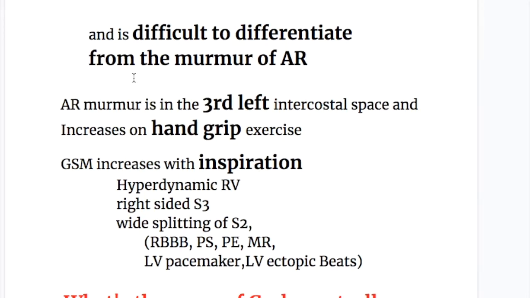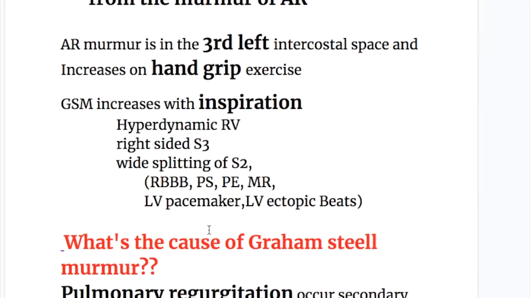The Graham Steell murmur is diastolic and is from pulmonary regurgitation. So it's a right-sided murmur which increases on inspiration, whereas the aortic regurgitation murmur is a left-sided murmur, so it does not increase on inspiration. It increases on hand grip exercise. Graham Steell murmur increases with inspiration, and the other features are hyperdynamic right ventricle, right-sided S3, and wide splitting of the